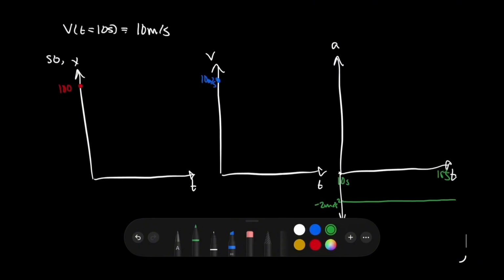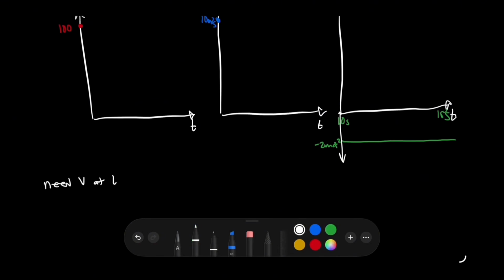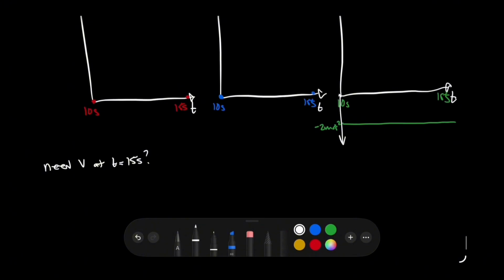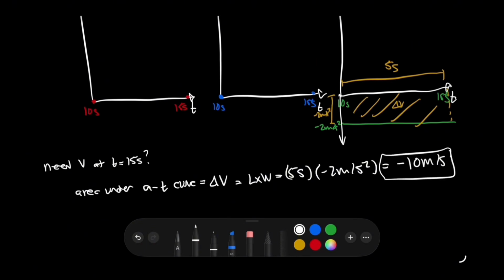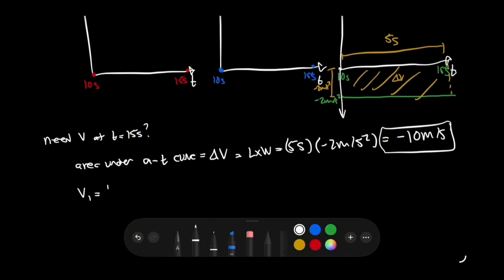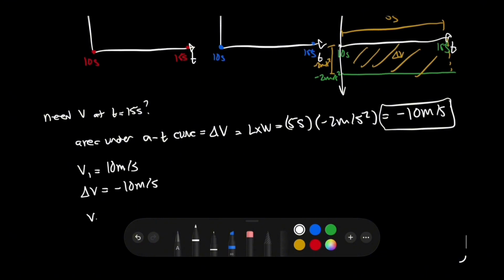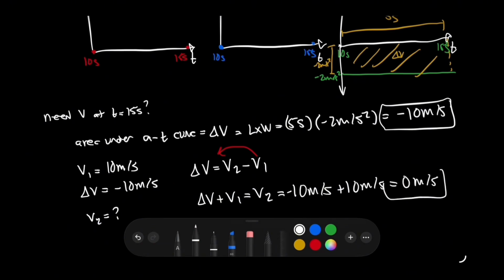the whole time. The first thing we can do, since we need the velocity at t equals 15 seconds, we can do this by finding the area under the curve of the acceleration time graph. So if we find the area under the curve here, we find that the change in velocity is equal to negative 10 meters per second during the time interval. So since we start at an initial velocity of 10 meters per second, and we have a change of negative 10 meters per second, change in velocity is equal to v2 minus v1. We can isolate for v2 and plug in our values, and we find that our final velocity is equal to